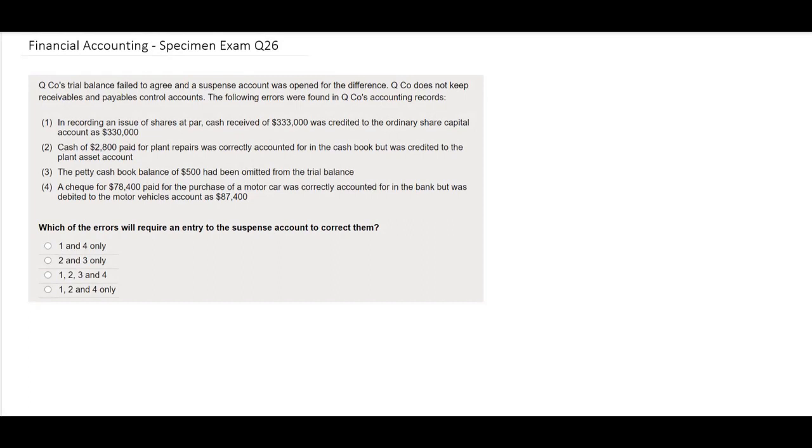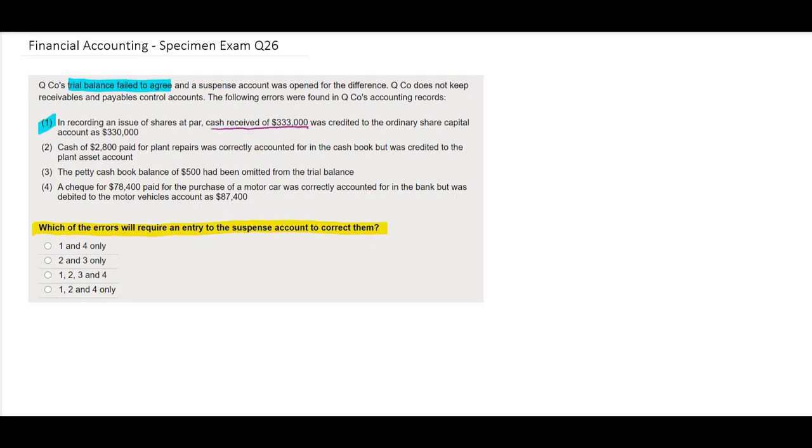In this question, you are being asked to decide which of the errors will require an entry to the suspense account to correct them. In the information provided, it tells you that the trial balance failed to agree and that they created a suspense account for the difference. They don't keep control accounts, and then 4 errors are given for us to decide whether there is an impact on the suspense account. Looking at the first error, they tell us that in recording an issue of shares at par, cash received of